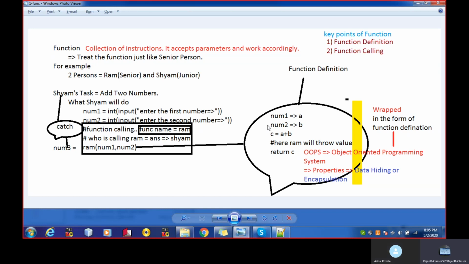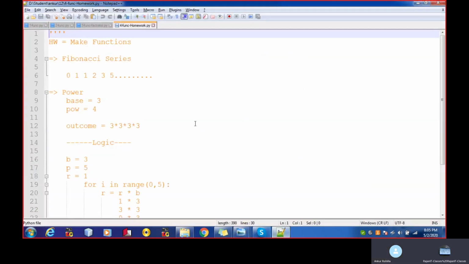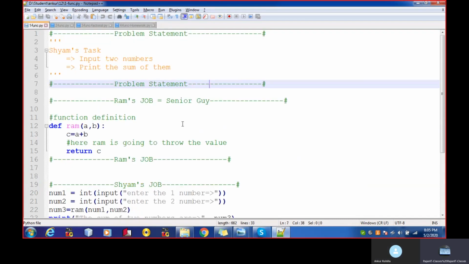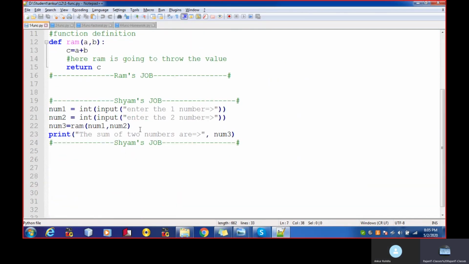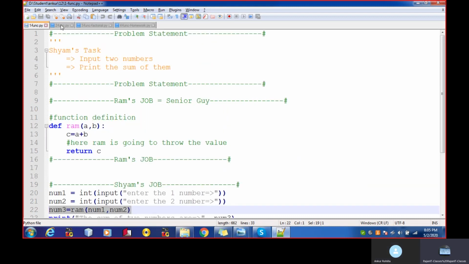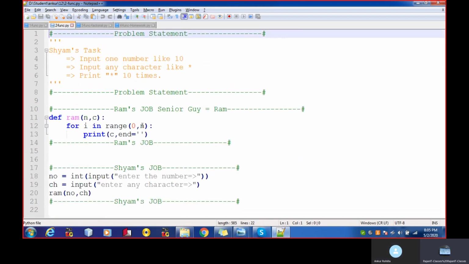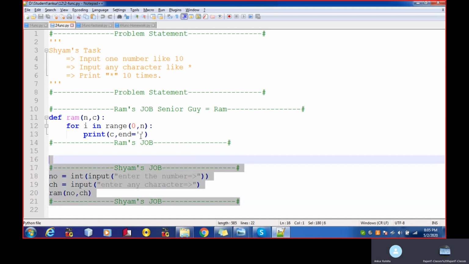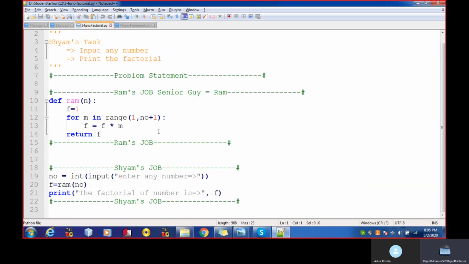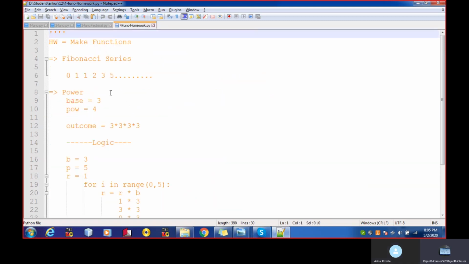Yes, sir. Okay, and apart from that, we have gone through how to build up the sum function, right? I hope that you have no doubt in the sum function, and no doubt in the factorial part as well. Okay, and there is homework, the Fibonacci series. I saw your homework, right?